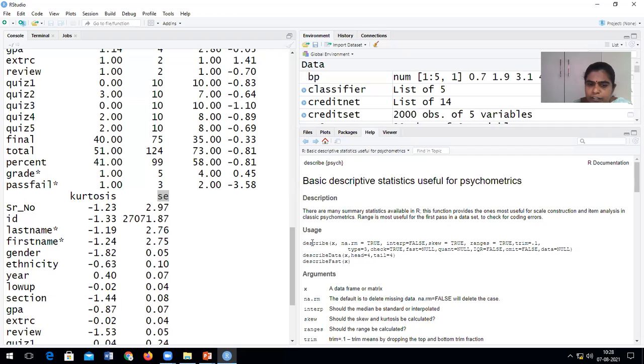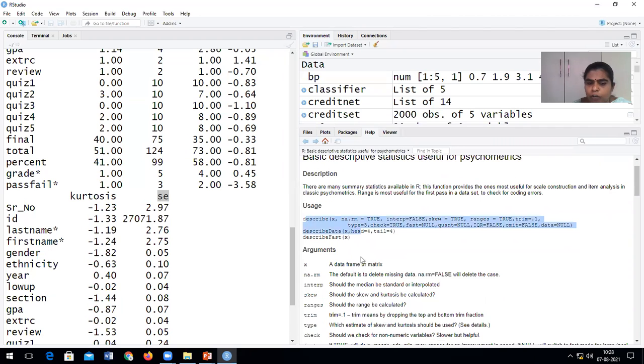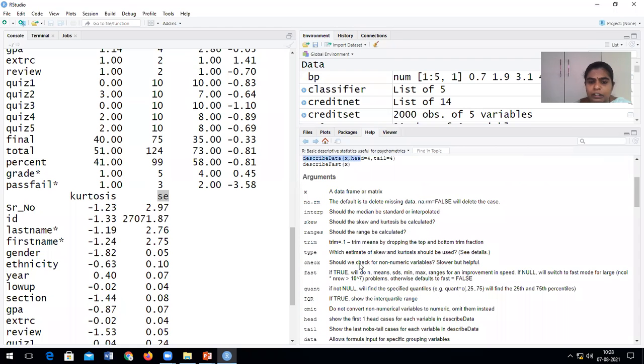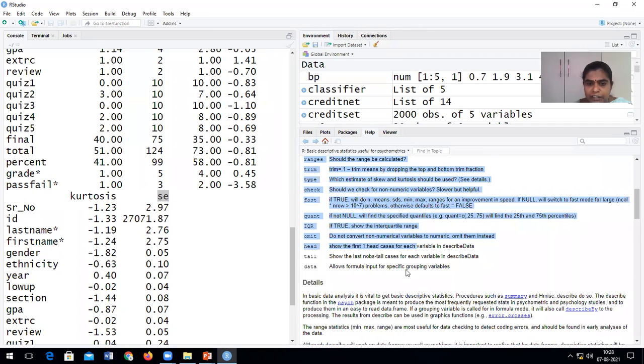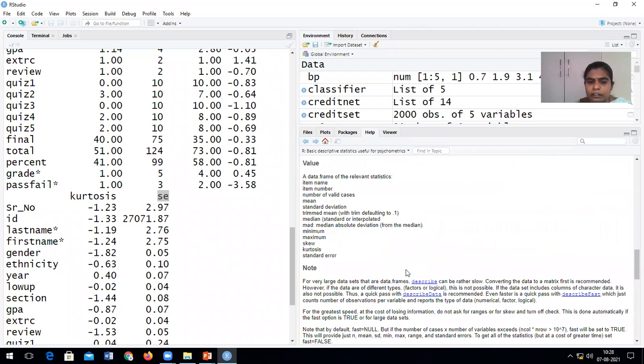I can see here, this is the syntax of the function. You remember in the last class, we discussed any function will have a manual like this: what is that function, description of the function, and then one example. Here, the inputs I need to give for the function are listed, and the results I get are again listed here.